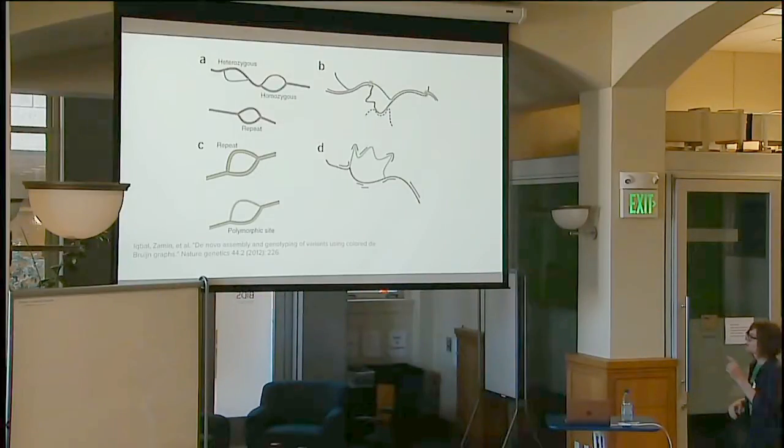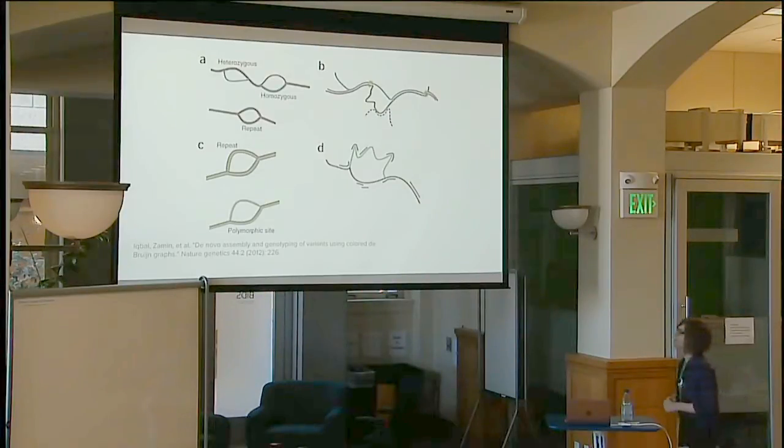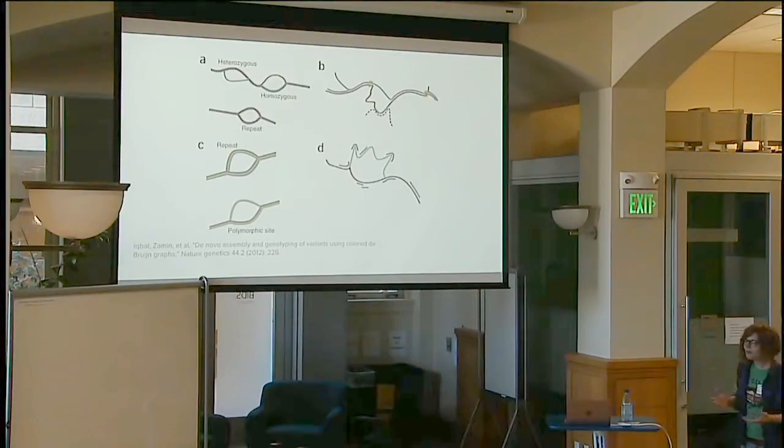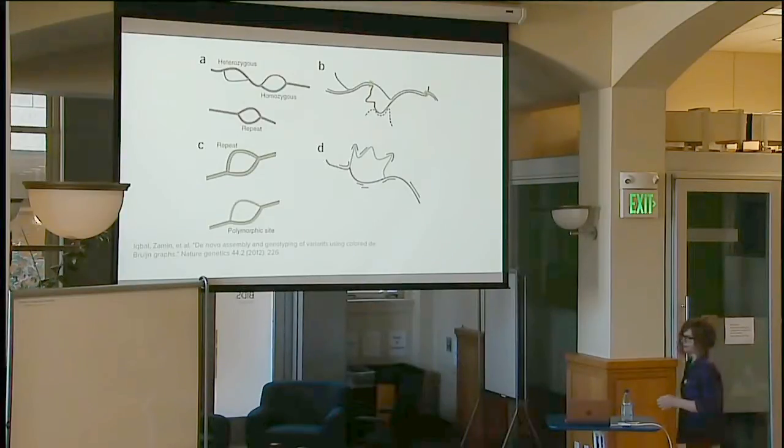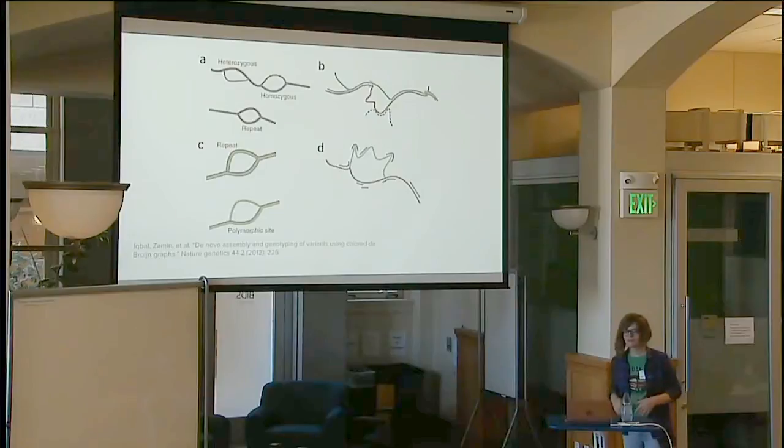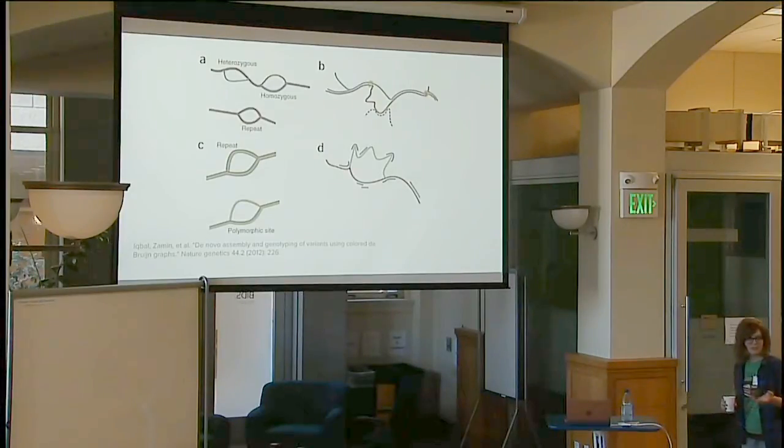So this comes from the Cortex assembler. This is by Zam and Iqbal, and they introduced what they called colored De Bruijn graphs. I like to argue with him on Twitter because they're not colored graphs. I should call them labeled graphs. Graph coloring already is a thing. But regardless, the point is that you can associate a color with the original sample that it came from,